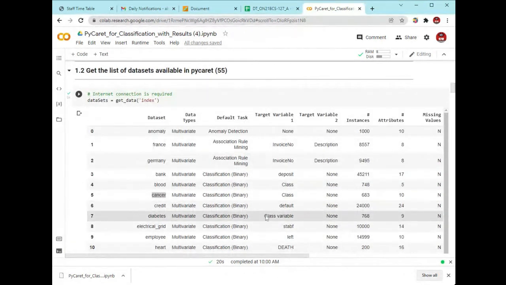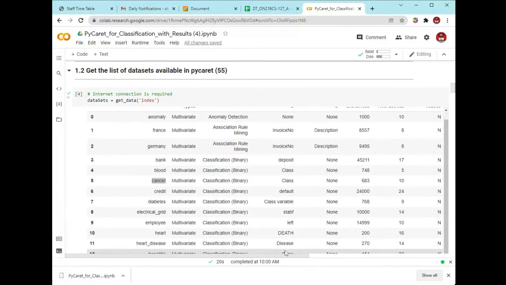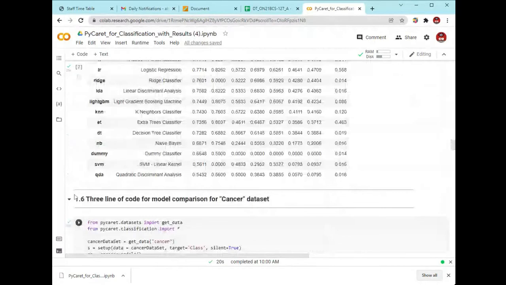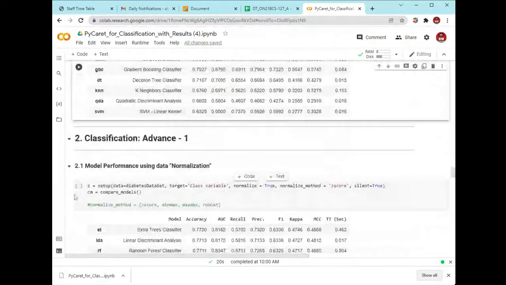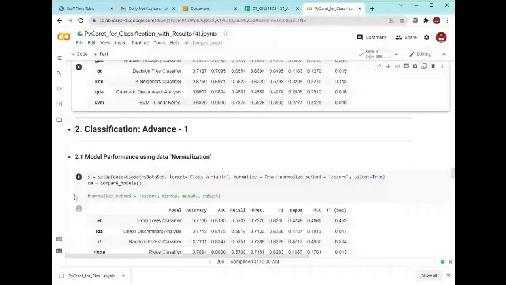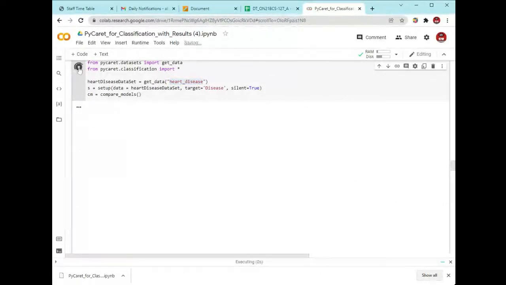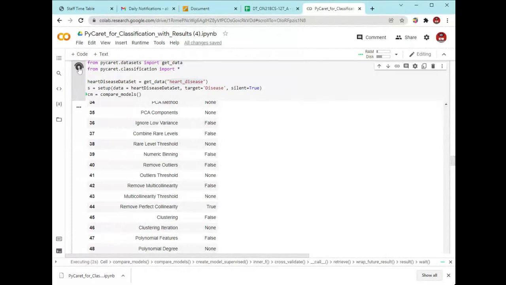So line 11, target variable 1, is showing the target as disease. So you will put this target variable right here as disease, evaluate this particular model, and you will see the output while comparing it with the other models.